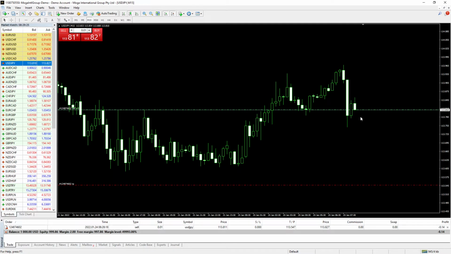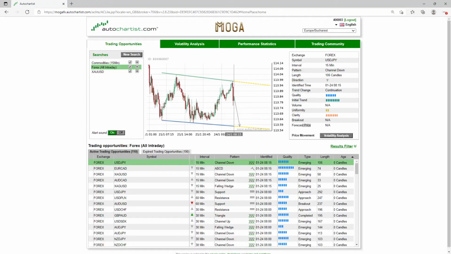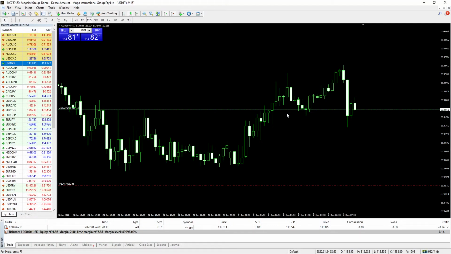So now we have our take profit, right? But then we don't have a limit on how much I'm willing to lose on this order. And if you check on the AutoChartist itself, it doesn't have one. Of course, on this channel, we could use the top channel as our stop loss. But then I want to spark a discussion here, and if you do have your opinion, please share it in the comments below, because